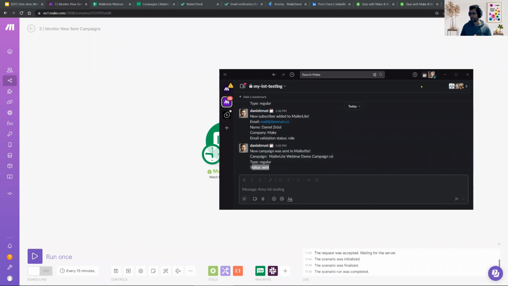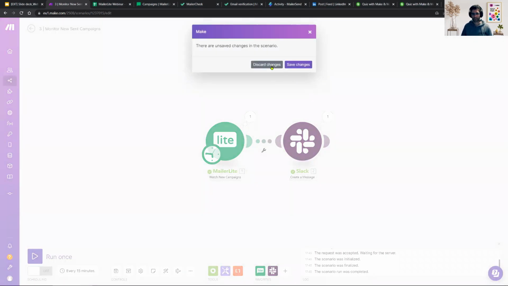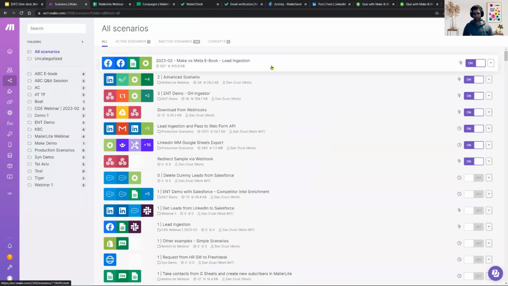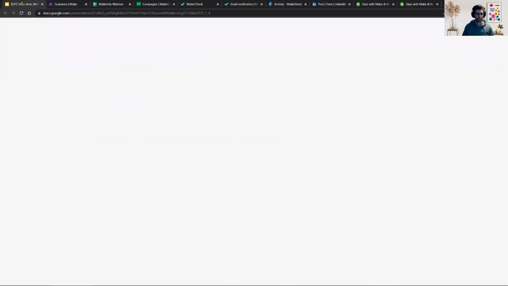And that's it from me for now. So I hope you now better understand how Make works and what it can do. You can do simple things, but you can also do very advanced things. And basically, it's always up to you how complex the automations you build. Don't be afraid to start. It's super easy. As I said, I'm not a programmer, yet I am standing here and explaining how to do super technical things, right? So with that, let me go back to the slides, and I will hand over